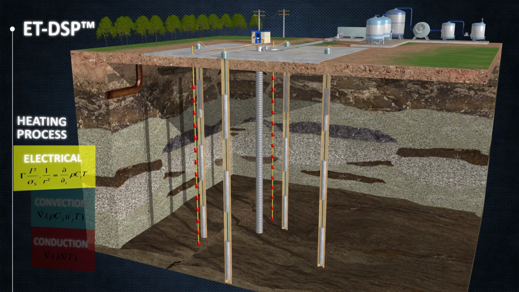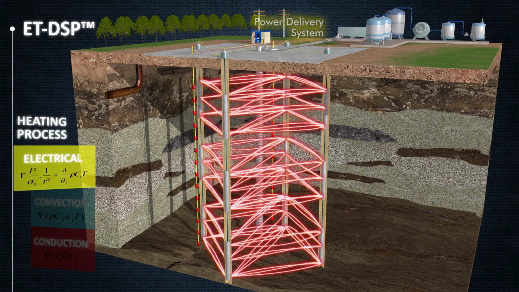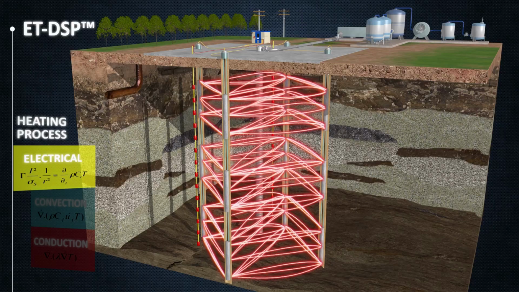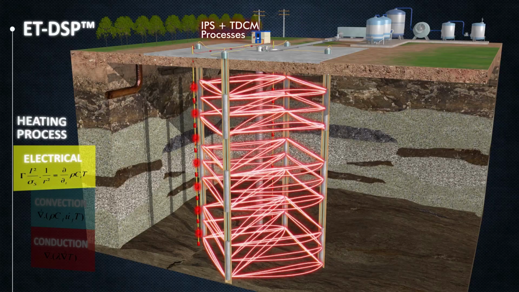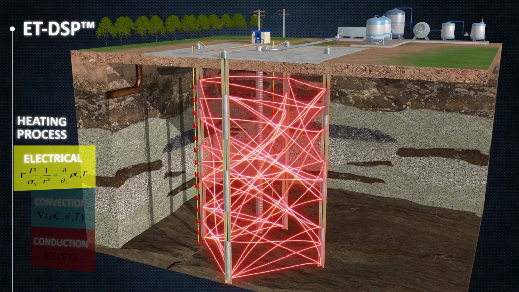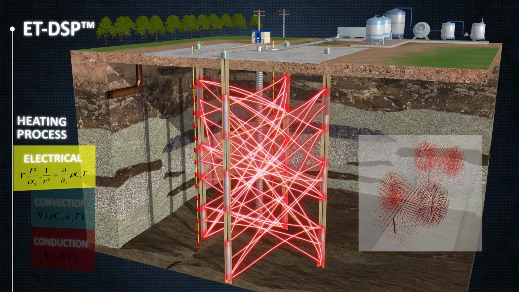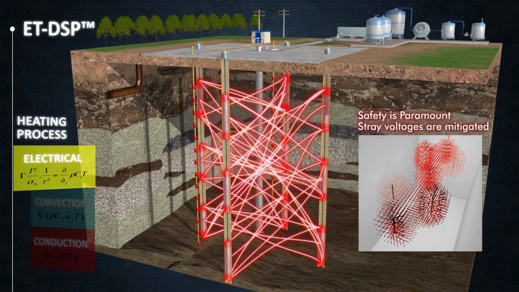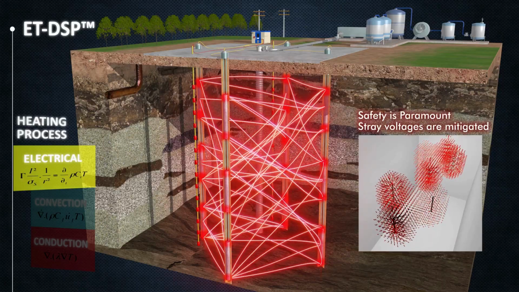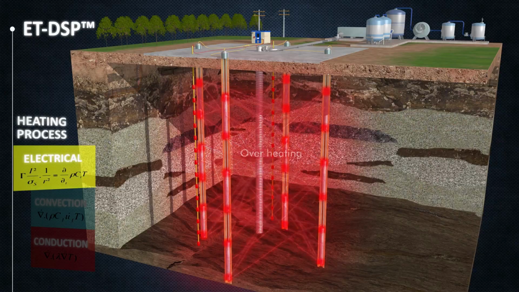ET DSP implements all the heat transfer mechanisms. Time-distributed control ensures electrical energy is evenly shared between all electrodes. Interface synchronization ensures uniform electrical heating in complex geology. Proprietary grounding makes sure every electron is accounted for, so that stray currents do not interfere with other electrical systems